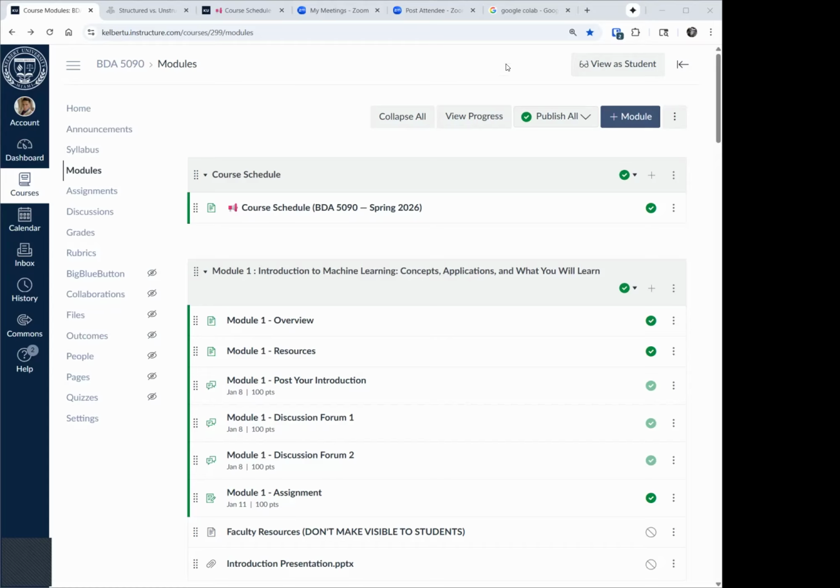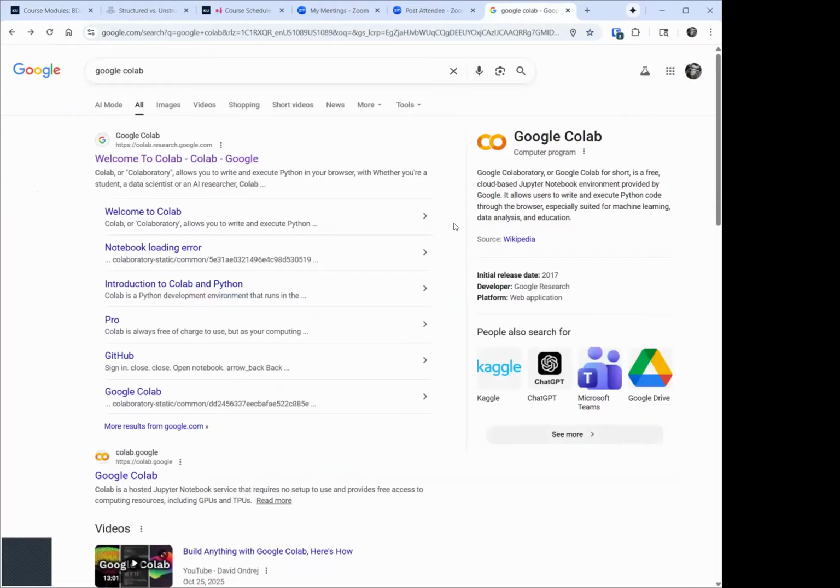But anyways, we are going to be using Google Colab, okay? So I want you to do the following for me. Only if you haven't done this already, create a Google account. You're going to need a Google account, okay? And once you create a Google account, go to google.com and search for Google Colab.